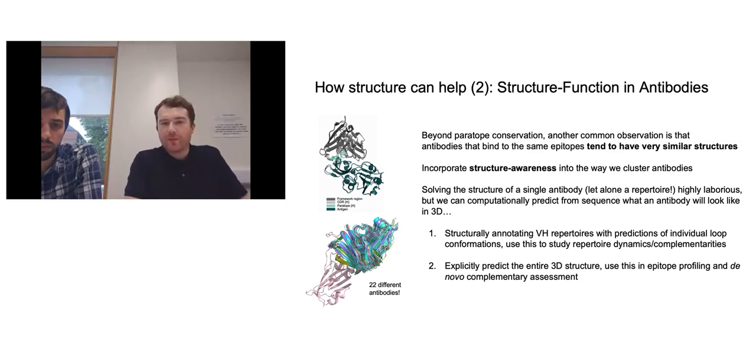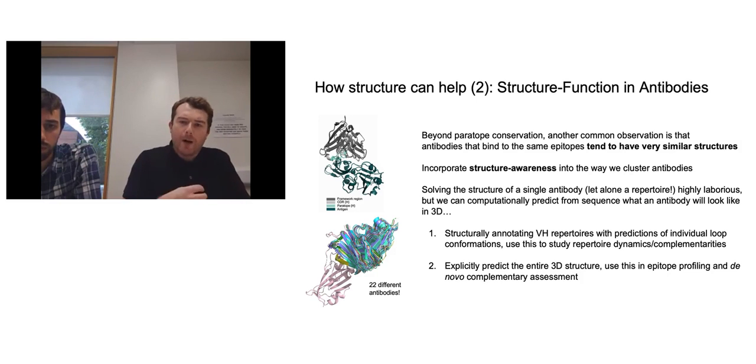This stems from the observation that antibodies that bind to the same epitope tend to have very similar structures, and of particular interest, the CDR loops involved in binding tend to have very similar structures. This intuitively makes sense. You have two molecules that ultimately want to stick together, so there needs to be some shape complementarity to allow favorable interactions to occur. So this is a fairly rational thing to observe.